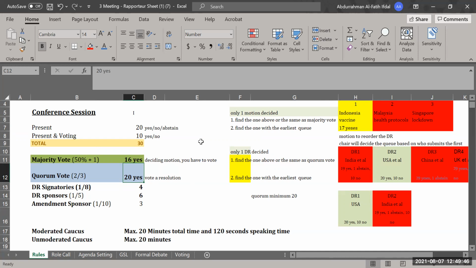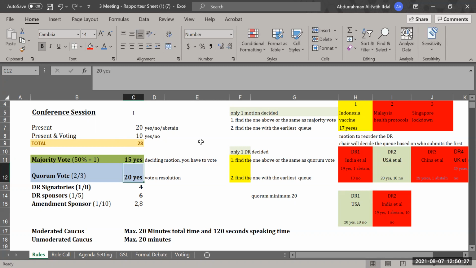So we have 4 sessions, for example, in MUN. In the first 3 sessions, a total of 30 countries participate. But sometimes in the 4th session, some delegates might not be able to participate, maybe because they were sick, or they decide to go home, or they have other business. So it can be 29, it can be 28. So when the 4th session is 28, even though the last 3 sessions were 30, then we have to stick with 28, which means that it will change from 16 to 15, and